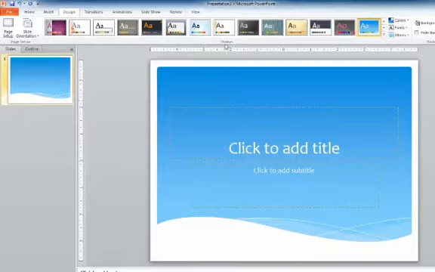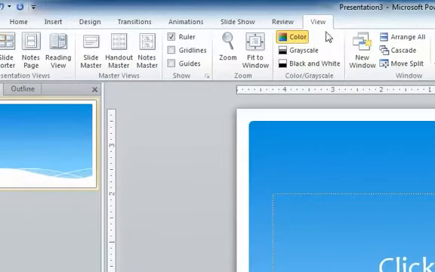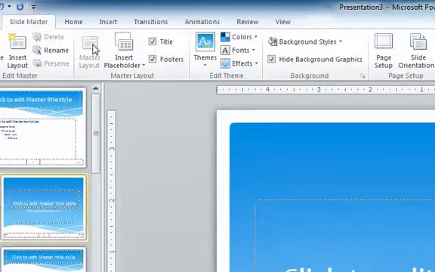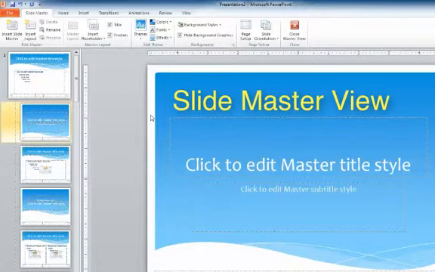So to do that, I'm going to go back to the View tab in my ribbon, and I'm going to go over here to where it says Slide Master. And I'm going to click on that, and it'll kind of take me in. It's like going in the header footer area. This will be the master that I'm working on, and everything will be based on it. And I'm going to change some fonts and also the indent and numbered and bulleted lists that are showing up